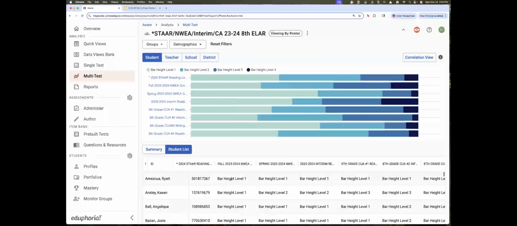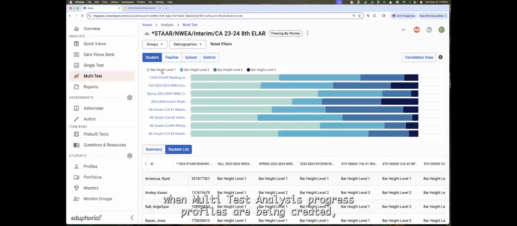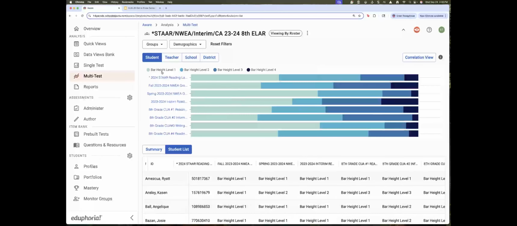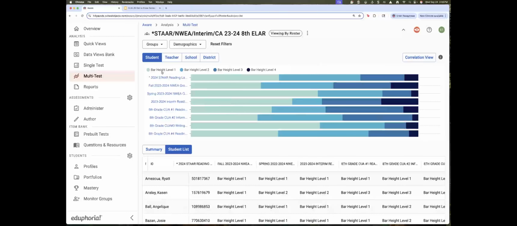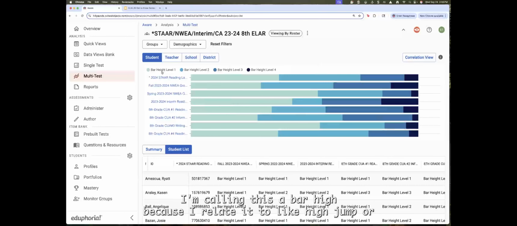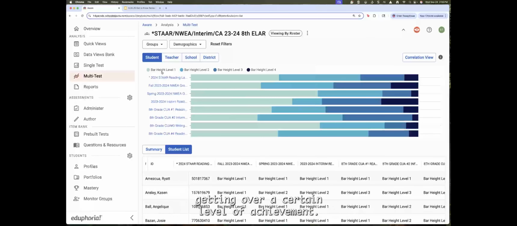And so these bar heights, I know this kind of wording is kind of weird. I do this intentionally because when multi-test analysis progress profiles are being created, the person creating that progress profile is creating a range of scoring that is going to be equal to some level of achievement. We call it an achievement level. I'm calling this a bar height because I relate it to like high jump or pole vault,